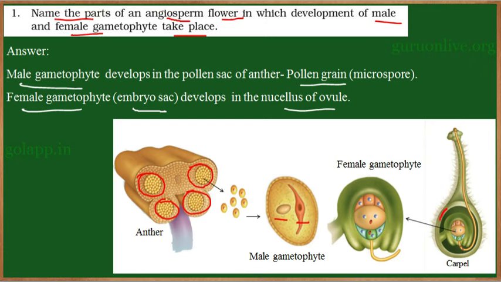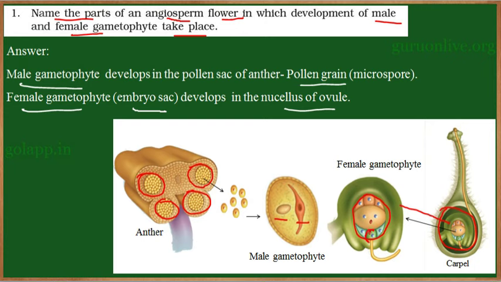Now inside the ovary, this is the ovary, within the ovary there is an ovule. So here we can see an enlarged diagram of the ovule, and inside the ovule at the center there is a nucellus which will have the female gametophyte, the embryo sac. Now this entire structure is the embryo sac or the female gametophyte, and within this female gametophyte